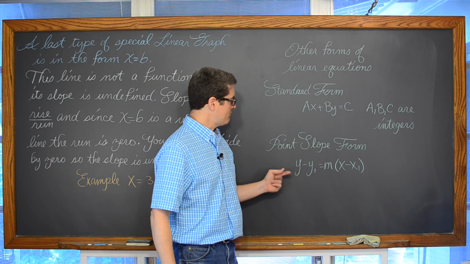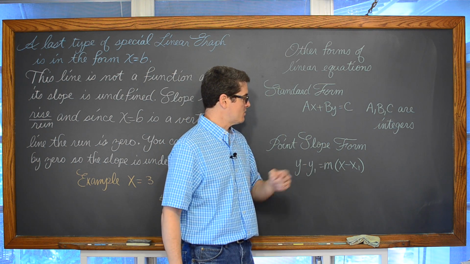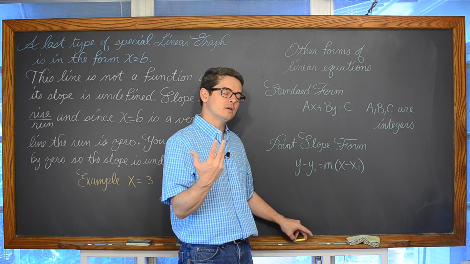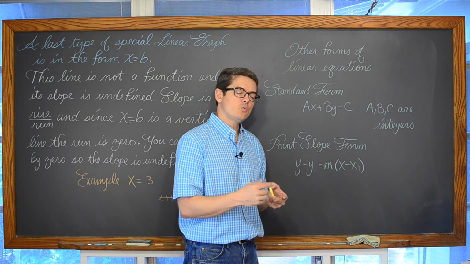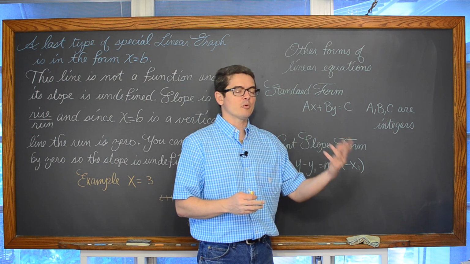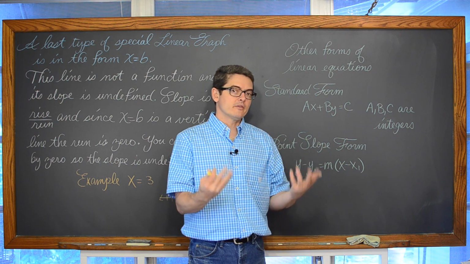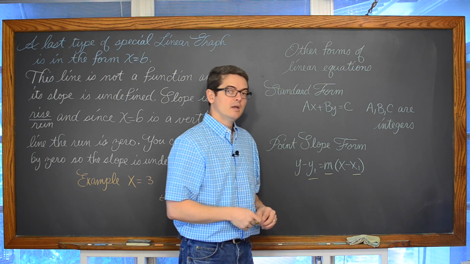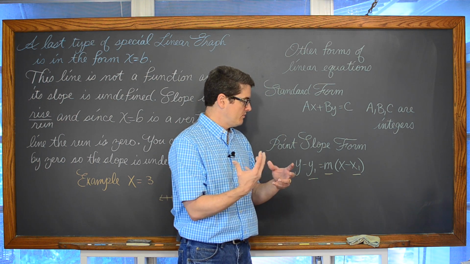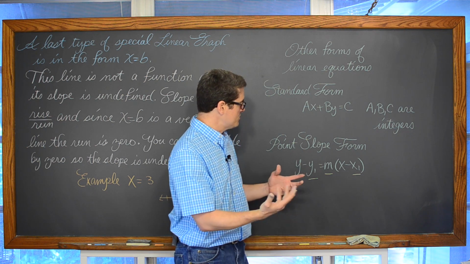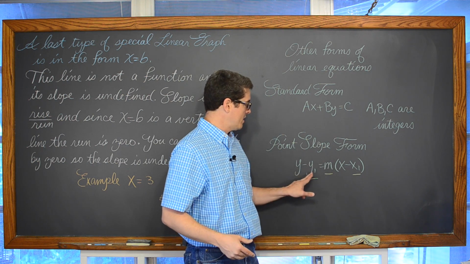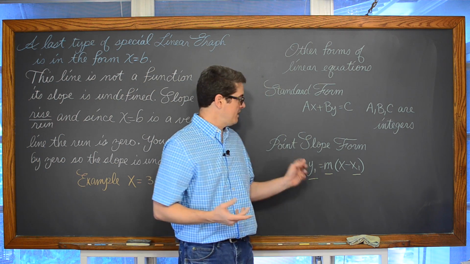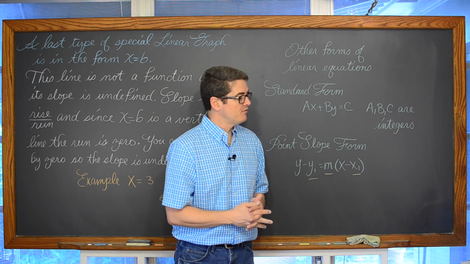And then we have point slope form. Y minus y sub 1 is equal to m times x minus x sub 1. If you look at my other lessons about writing the equation of a line that's parallel or perpendicular to another line, or if given 2 points, I like this form a lot. This is my favorite to work with because it shows you that the minimum that you need is a point and a slope. If you have a point, x and y, and a slope, then you can write or come up with the equation of that line.